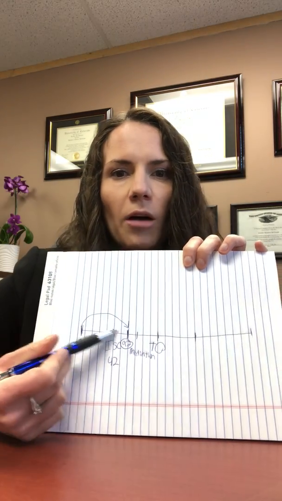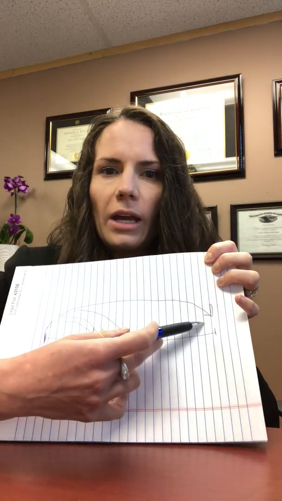On the 92nd day, if you and your spouse have written up an agreement and everything is settled and you're ready to be done, you filed all the paperwork, the judge can look at your paperwork on the 92nd day and you can be divorced. Otherwise your divorce will happen after that. So if you write everything up, you can be done on the 92nd day. If you agree at the mediation, right before temporary orders, you can be done right after that. Or you have a chance to settle after temporary orders. You have a chance to settle all the way up until permanent orders. So sometimes people will settle right before the end of their case, right before the hearing, but they just decide to choose for themselves what they want to do.